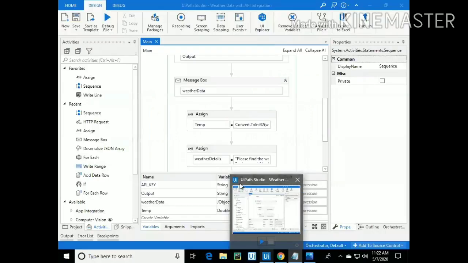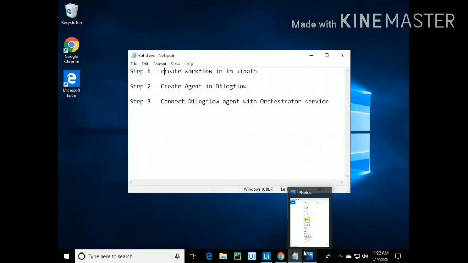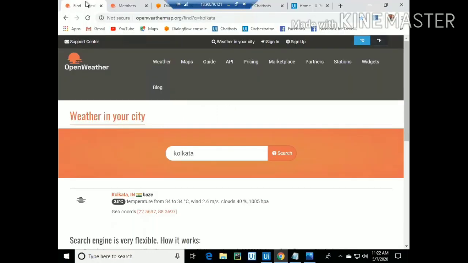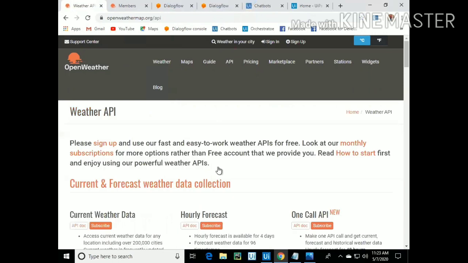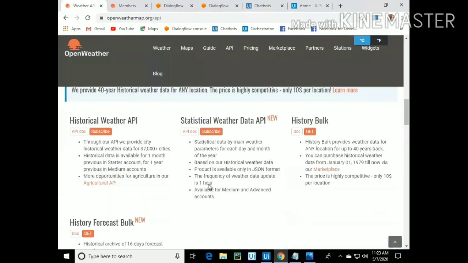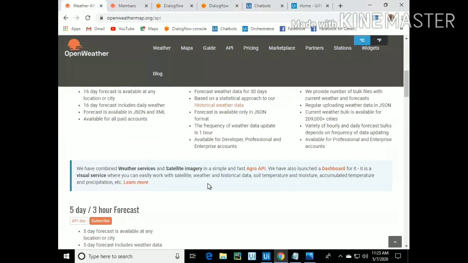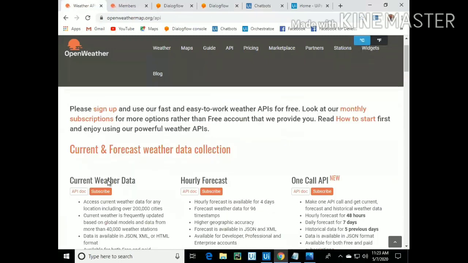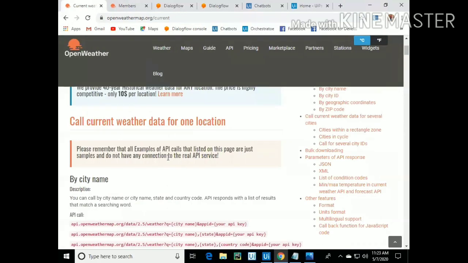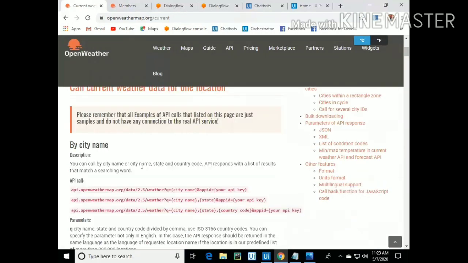So moving on to step 1, before that, we need a request API or URL to call and fetch the weather data. You can go to the openweathermap.org website and sign in or sign up. Under API, you will find many APIs for weather data. I have used the current weather data API. By going to the API doc, you will find how we can call the API, but you need to replace the parameters with your own values.